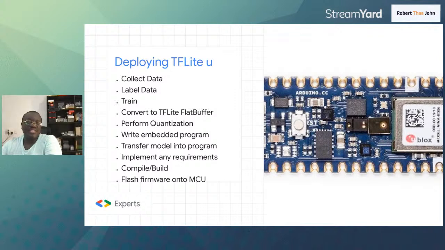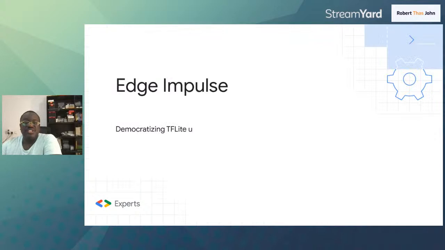So now you need to perform quantization. And quantization takes you from floating point to integer arithmetic. And that's why you can do this on boards that don't support floating point arithmetic. Then you need to write an embedded program, and then you need to transfer your model into that program. And then you need to implement any additional requirements that are specific to your board, and then compile and build, and then flash the resulting firmware onto your microcontroller. Just talking about it sounds like a lot, and it usually is a lot,